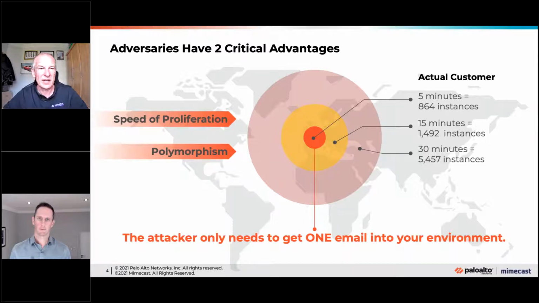So really dangerous attack. But this was detected using our Wildfire, which we'll come into in a little bit more detail. And that's our threat intelligence and sandboxing capabilities that we have within the cloud. And we'll go into how bringing ourselves, Palo Alto Networks and Mimecast together, we actually really tighten up the security around this primary attack vector into your organizations.